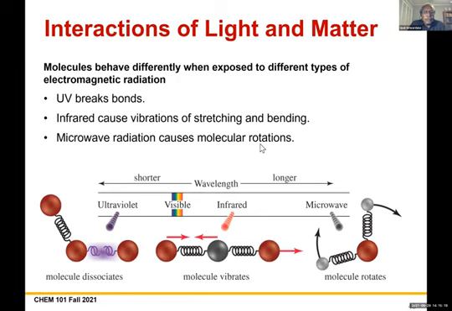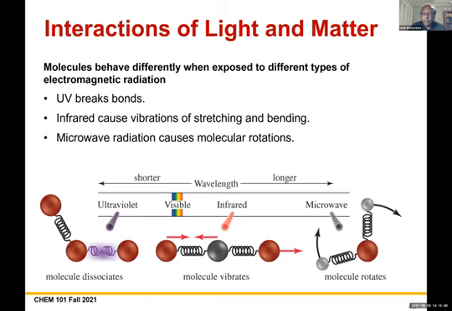Triatomic molecule, ozone, for example. This is ozone. Ultraviolet breaks the bond. Infrared causes bond vibration. Vibration means bonds are stretching and bending. Microwaves rotate the whole molecule. Do you understand how three different things happen to